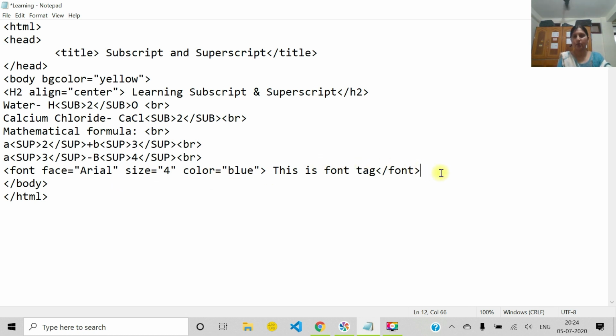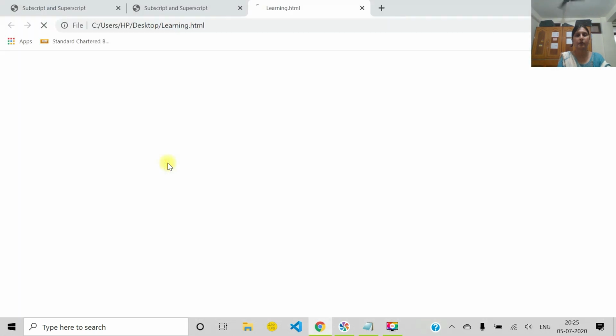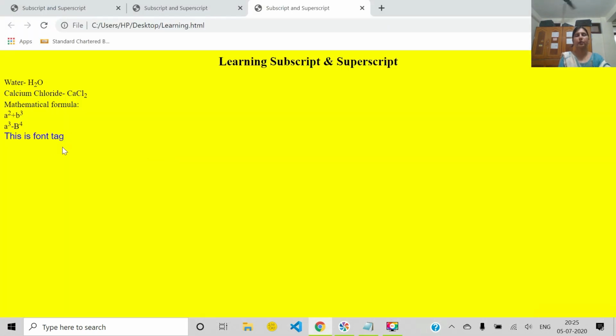Fine. So let's see. Again we will save it. Control S. This is font tag. Blue color, size 4 and style is Arial. I hope it's clear. Font tag.